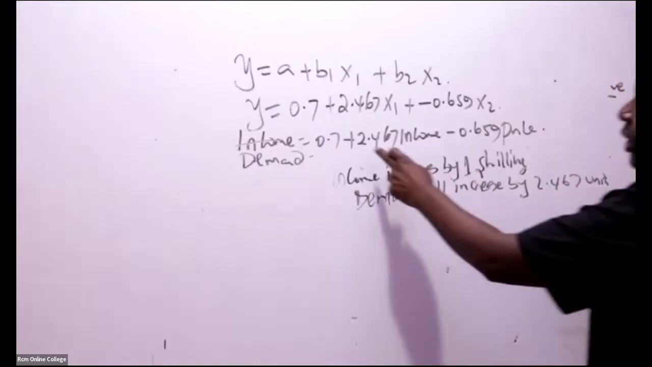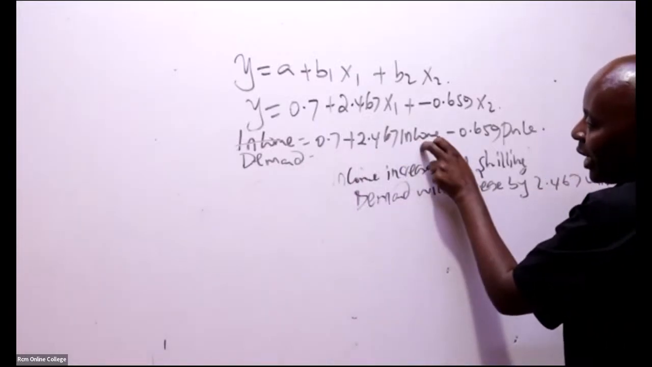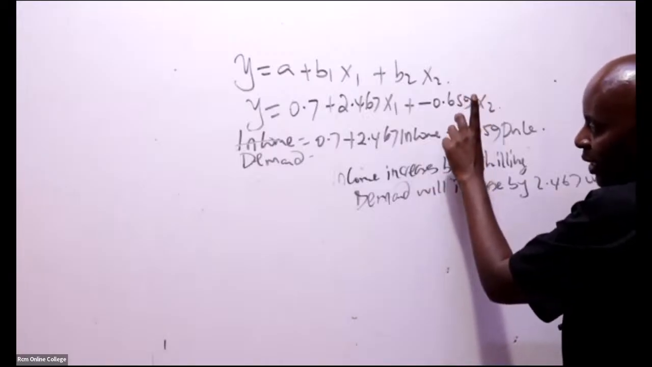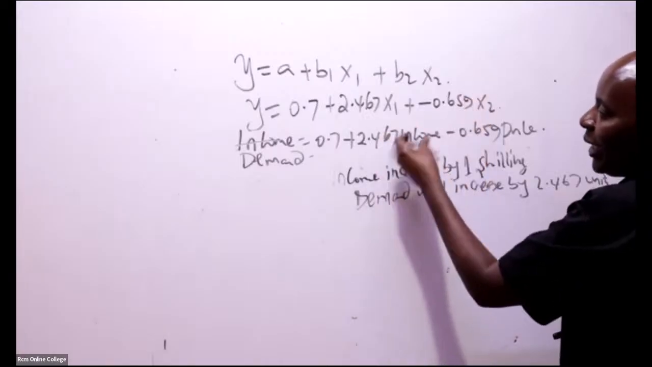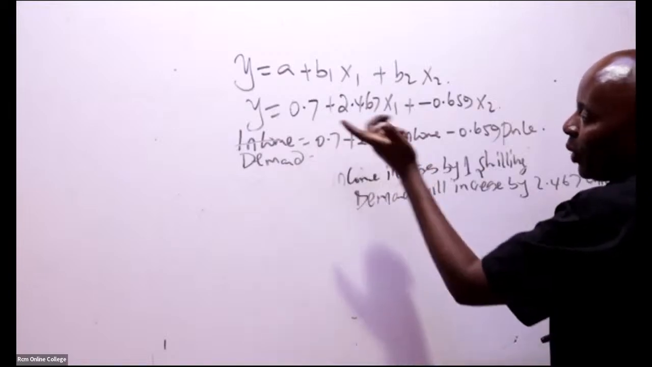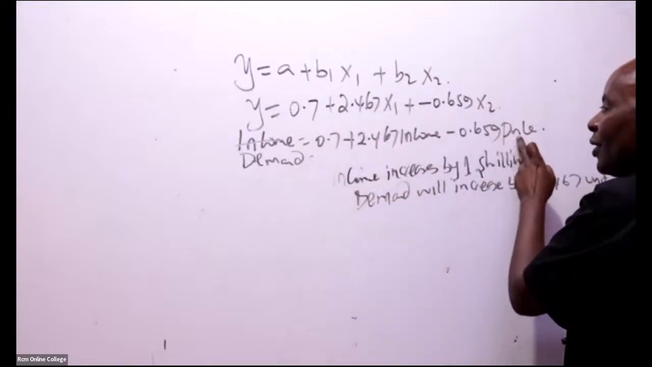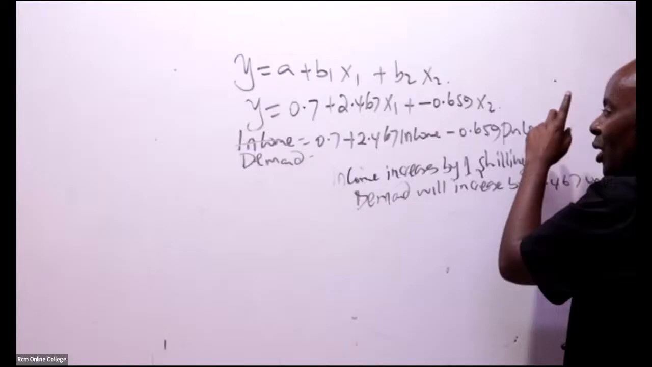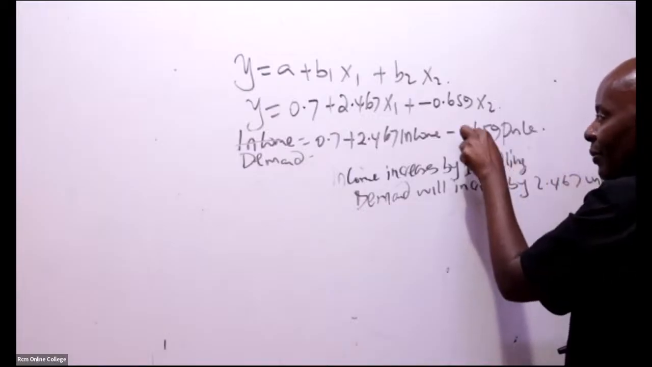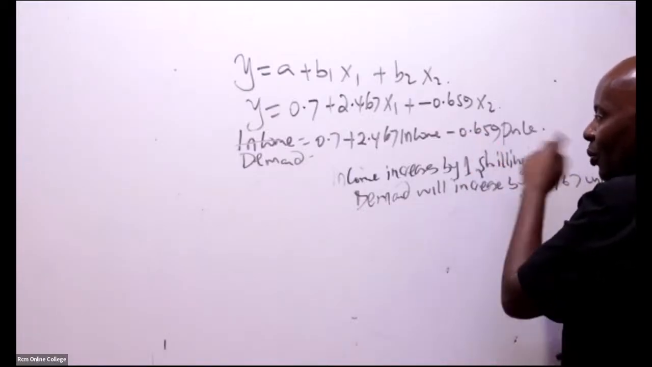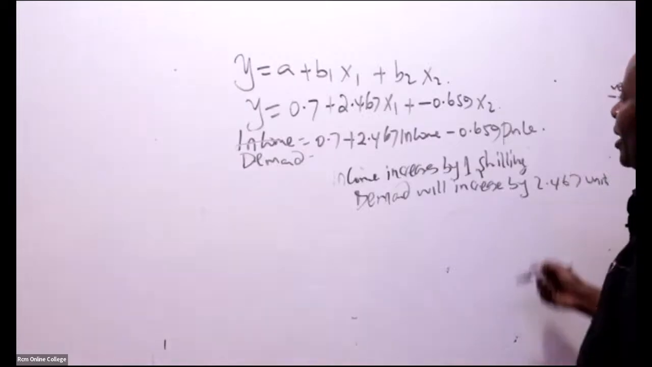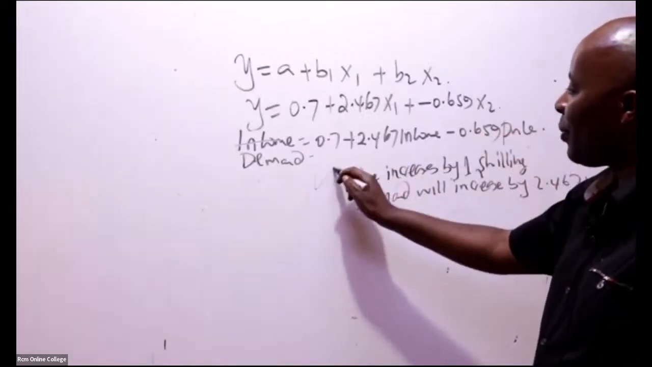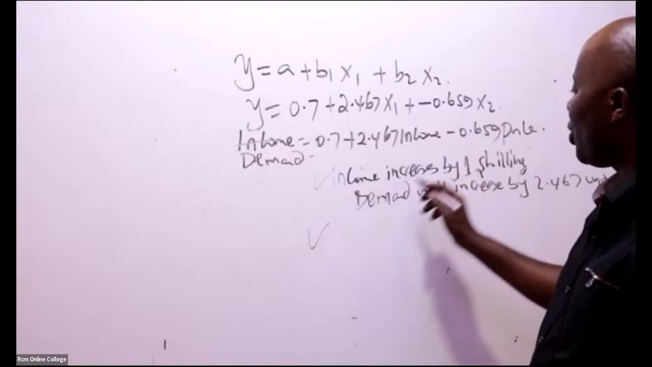So if the income, you see, it's a positive relationship. If this income just goes up by 1 shilling, automatically this will be the gradient at which the demand will grow. Here, if the price increases by just 1 shilling, because of the negative, demand reduces by this 0.659. So in this case, the way we interpret the second coefficient is that